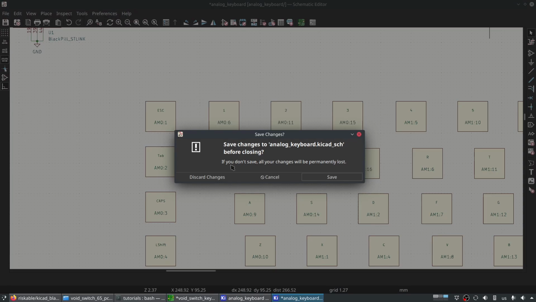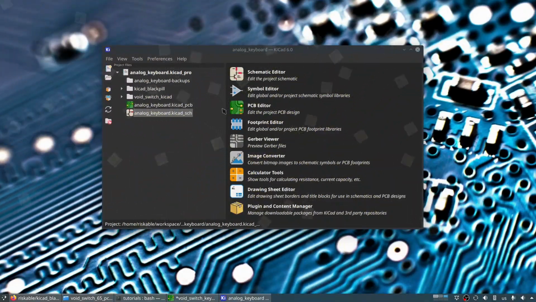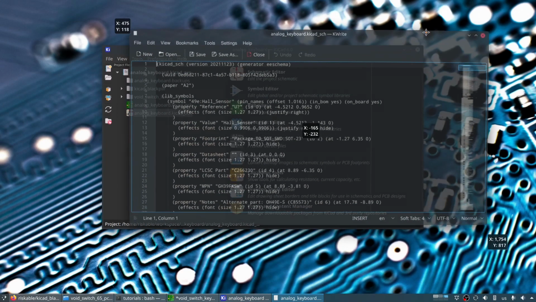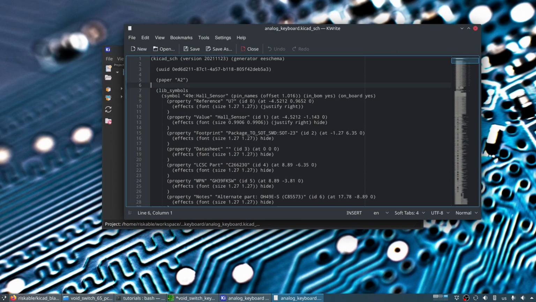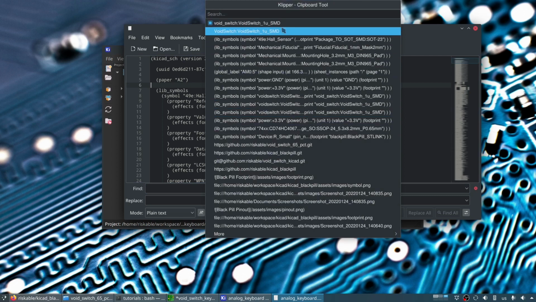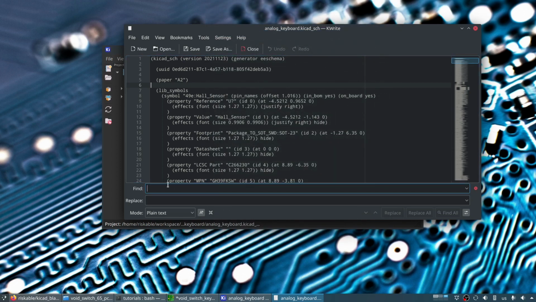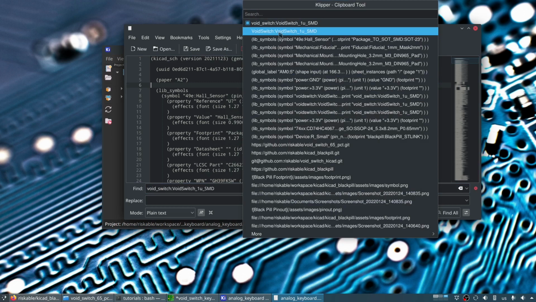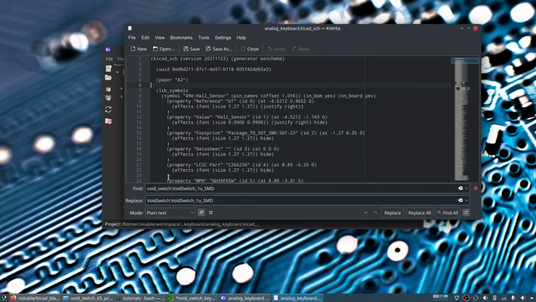Close this, discard changes. And one neat thing you can do with KiCad is you can edit in a text editor. There we go. That'll work. So we know the bad symbol name. We're going to do Control R, and this is just whatever text editor you're using. And I'm going to search for anything that has this, right? And I'm going to replace it with this, which is the correct name, right? So I'm going to say replace all, 208 replacements made,